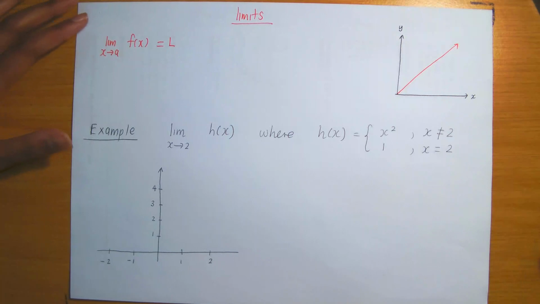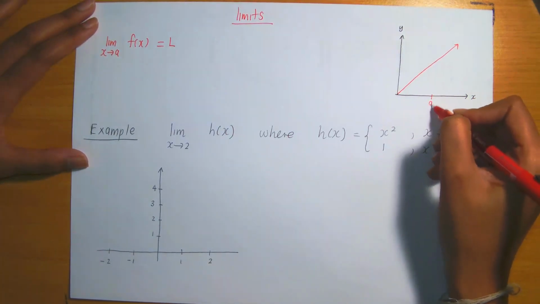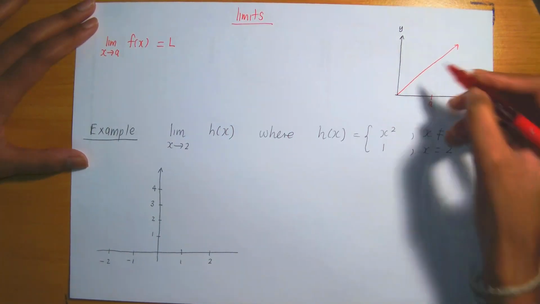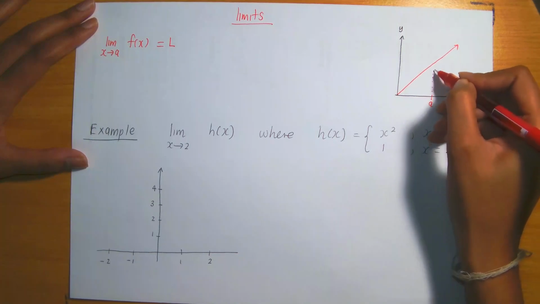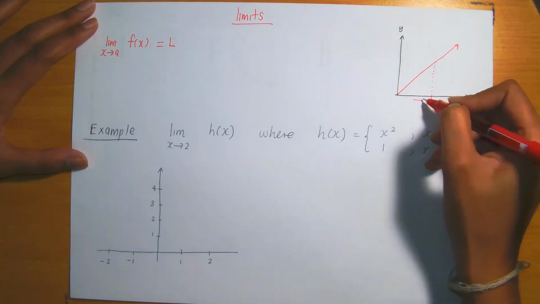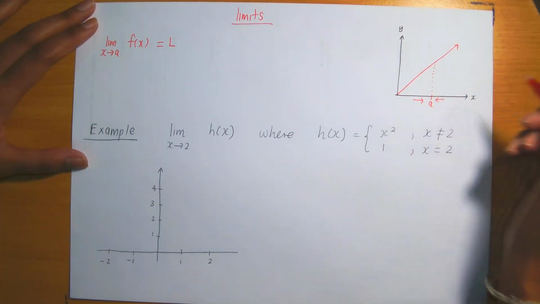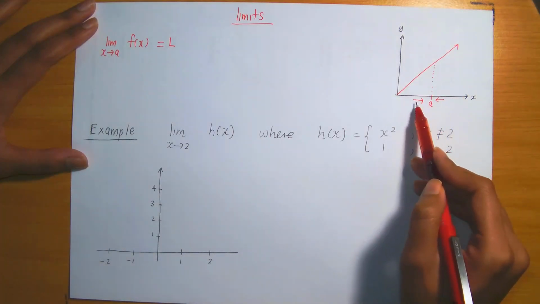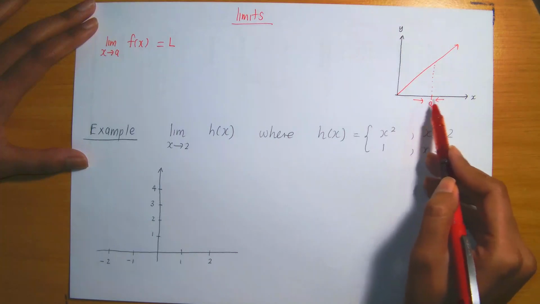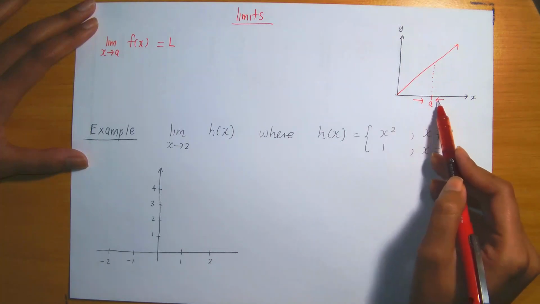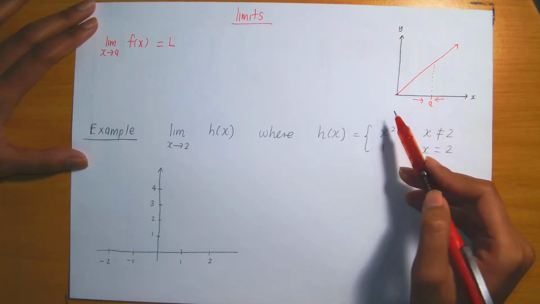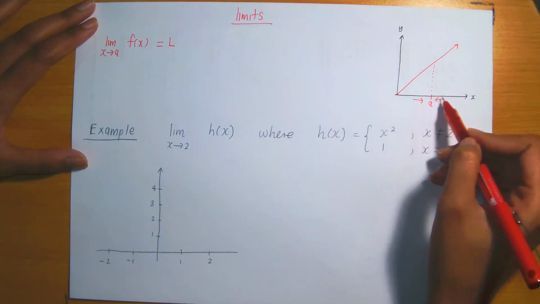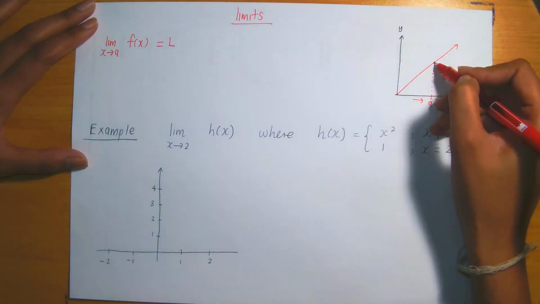Right, so graphically, what this looks like is as follows. If this is a on the x-axis, then as x approaches a, we can approach a from the left hand side and from the right hand side, meaning from values less than a, so we call that below a, and for values bigger than a, so we call that above a. So as we approach a from both sides,